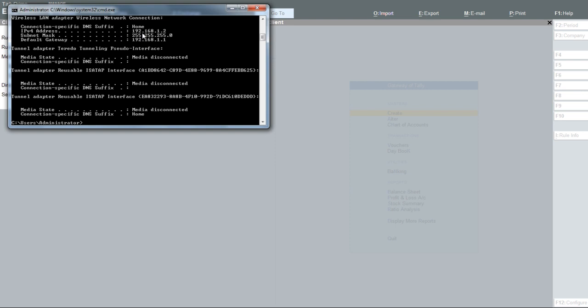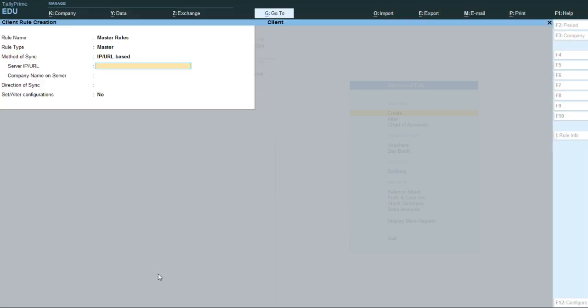Okay, so my IP is 192.168.1.2. So let's create the rule. I am giving my port, and the company name is server. Okay, so we are sending the data. So my rule is created.